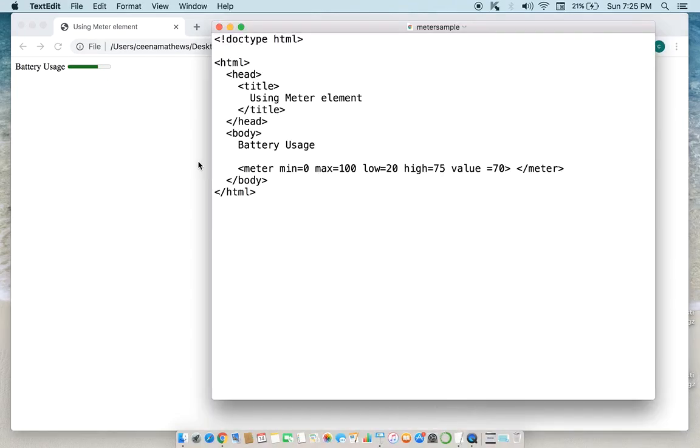This shows green color since this value falls within this low and high ranges. So that shows it is currently at the better level.